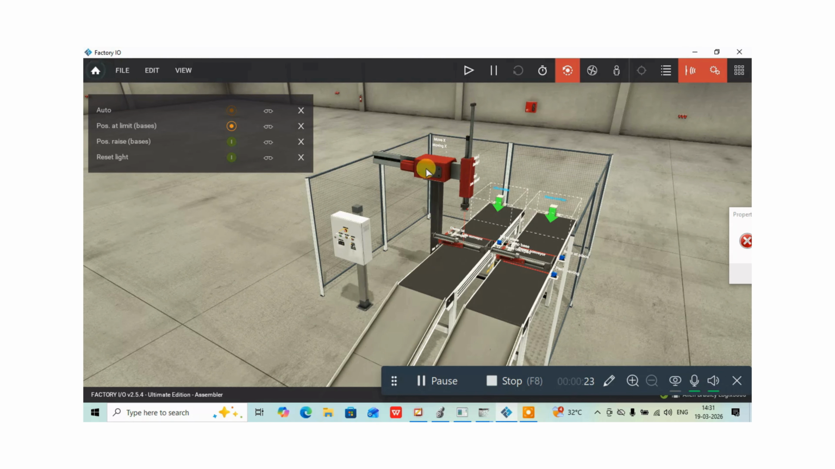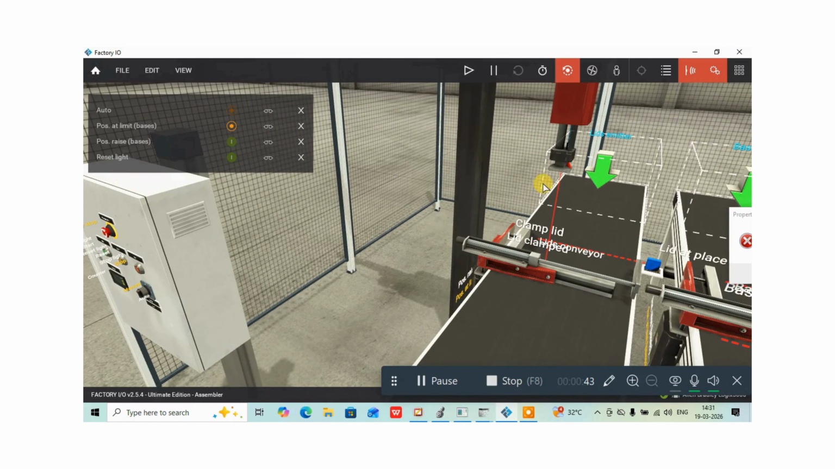In the X axis we have the feedback of moving X. Whenever the X axis moves, the moving X input will come. In the same way, when the Z axis moves, the moving Z input will come to the PLC. So here, for the grabbing purpose, meaning for picking,